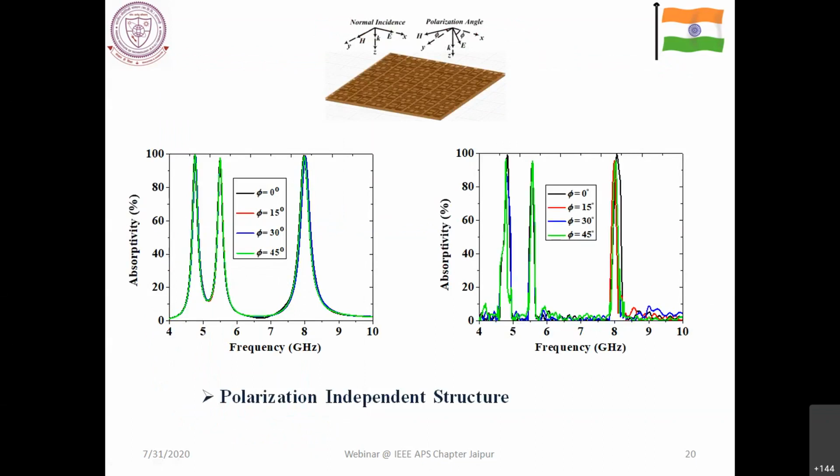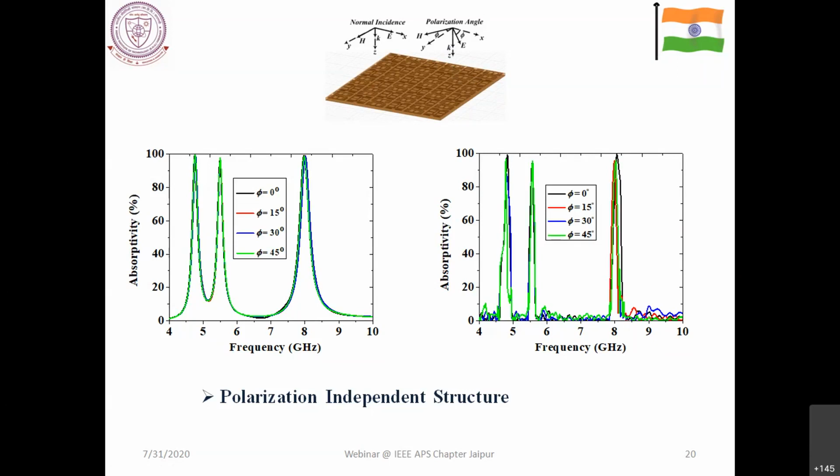Suppose you are having a structure like this. Now, if you want to measure the response of the structure under polarization angle variation, what you do is rotate it like this around itself. Because if you see the structure, you are basically maintaining a 90-degree orientation in all the cases. As you are maintaining 90 degrees and rotating, you can have the polarization angle change, which you can realize in an experimental way.